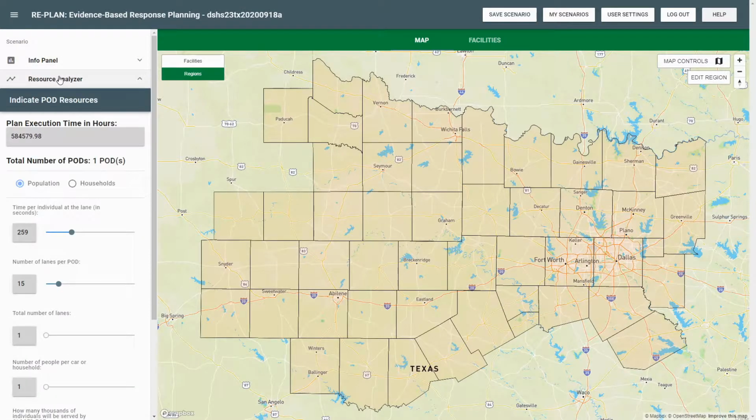So now from here, if you have existing pod plans, you can easily import them as CSV files. But for the sake of this demonstration, I'm going to show you how powerful replan is at actually creating response plans even from scratch. So what we have here is called the resource analyzer. We're going to start off by selecting households, since we're doing aerosolized anthrax and using a head of household approach. Next, we're going to select an amount of time it takes to dispense to a single individual at a single dispensing lane. So I'm going to go ahead and select 180